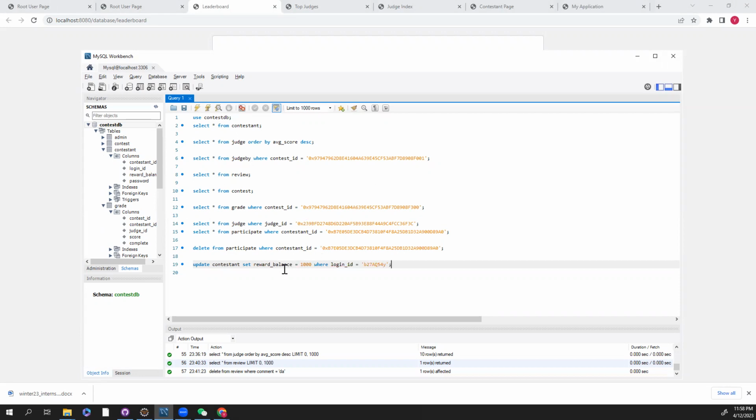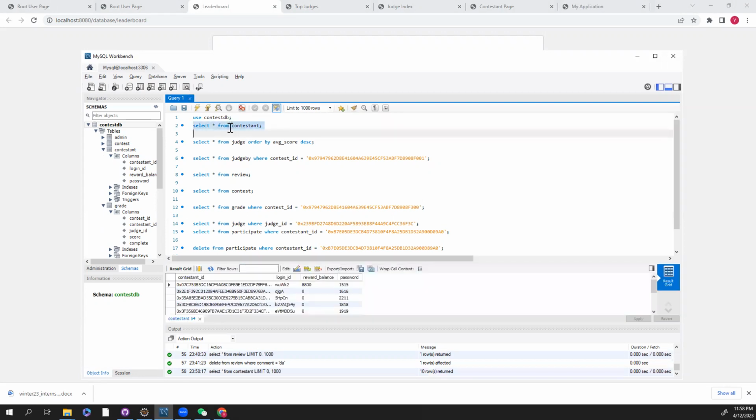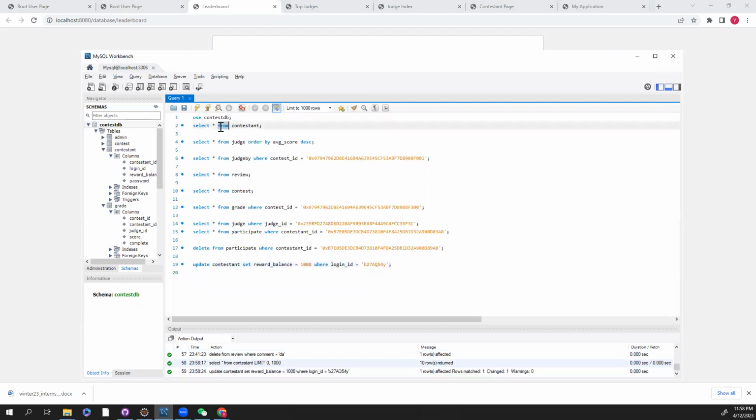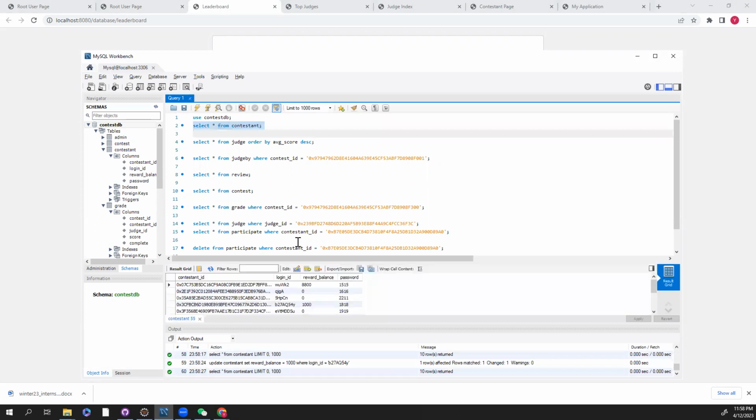Okay, so you can take a look here. At first, except for the first one, the others have a balance of 0. And then if we change this one and run it again, we see this user has